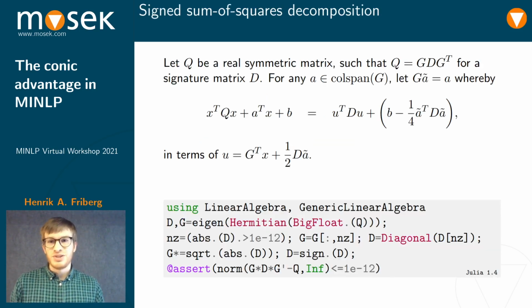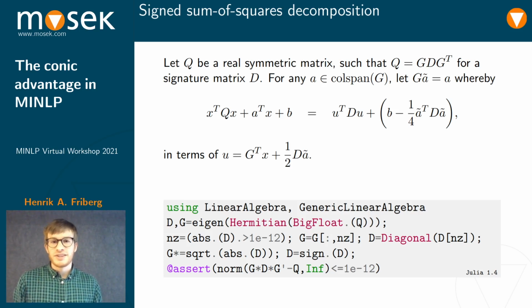For the next examples, it's going to be a bit harder, and we're going to need a signed sum of squares decomposition. Allow me to explain. For any real symmetric matrix, in this case Q, you can put it in diagonal form, for instance using eigenvalue decomposition. For this particular decomposition, however, I'm going to assume that D is a signature matrix. That is, all the diagonal entries are plus or minus 1. This is simply a matter of scaling and filtering out eigenvectors associated with the eigenvalue 0. For your convenience, I included Julia code to automate this step.